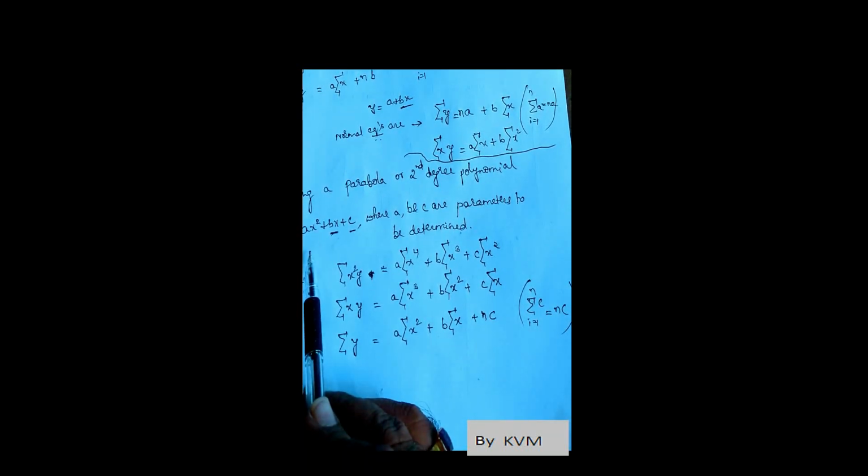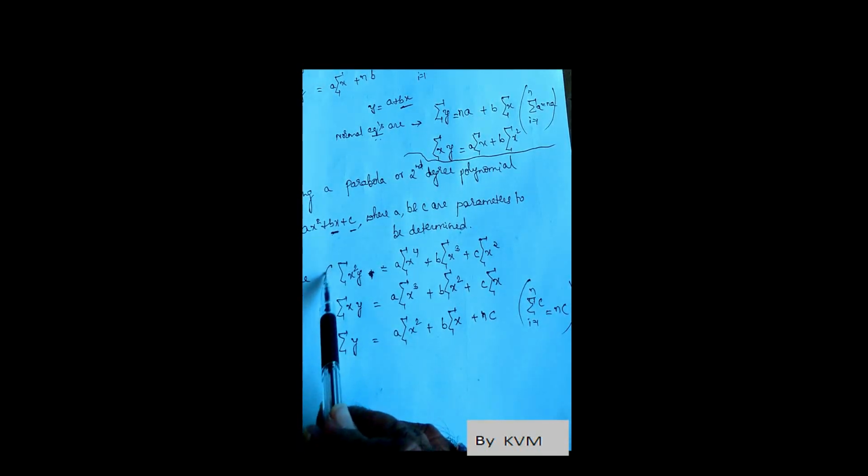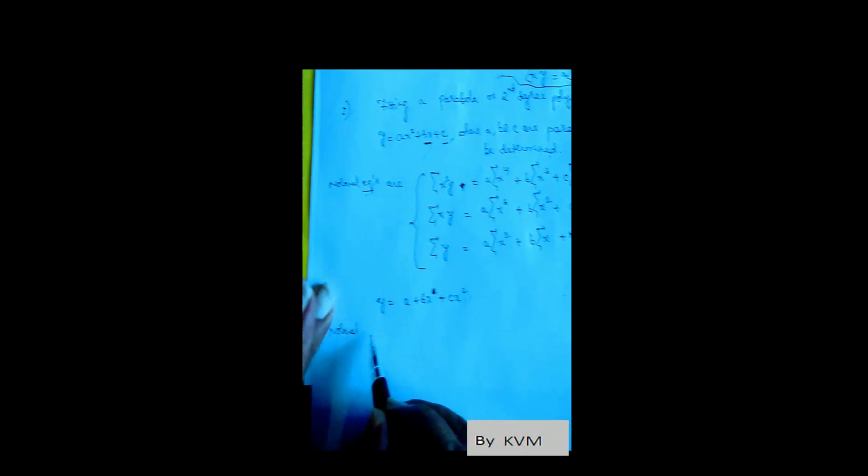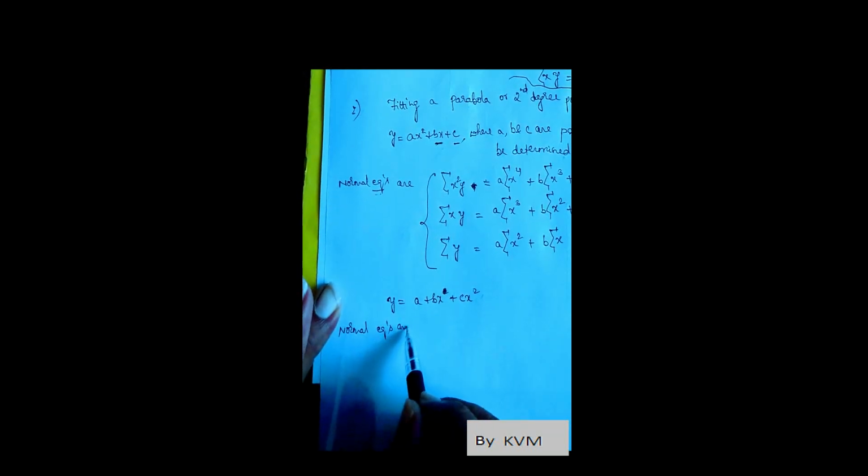So for a parabola or for a second degree polynomial we get 3 normal equations, but for a straight line y equals ax plus b, which is a linear equation, we get 2 normal equations. So now if the equation of a parabola is y equals a plus bx plus cx square, so now normal equations are